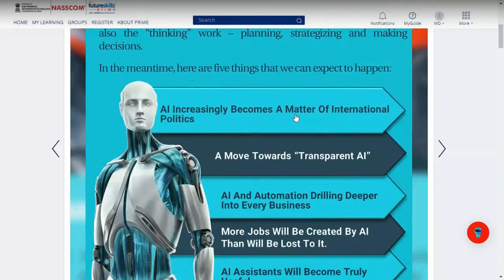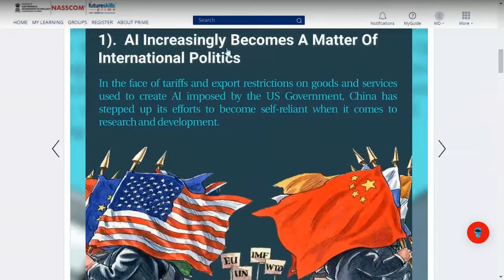Then, AI increasingly becomes a matter of international politics. Right now, most of the time, countries fight over borders and land. But from now onwards, they have also started fighting over computer systems. From India, many people go and work in America, mostly for software companies. Similarly, China builds most of the computer chips,